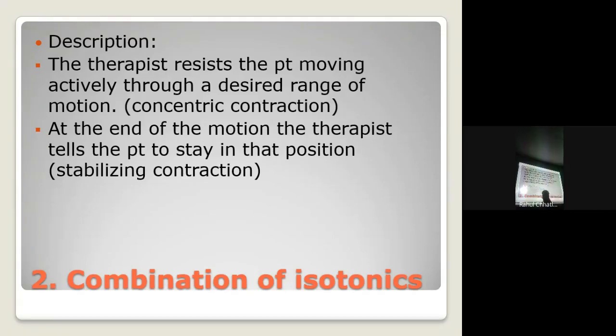Description. Now, how will you do that? We already described for biceps muscle. We can also describe for the same example we took for the first technique. That was for thoracic or back extension. So, the first step that you want to do, the therapist resists the patient moving actively through a desired range of motion. That is concentric contraction. Say, for example, same example that we did last. We'll ask the patient to bend forward and we want to strengthen the extensors, back extensors. So first you will ask the patient passively to move here, we will do it passively, and then we will resist the motion. Keeping hands behind, we will resist extension.